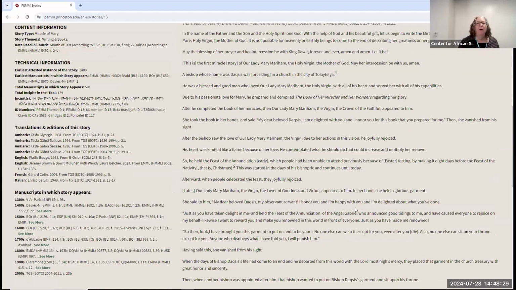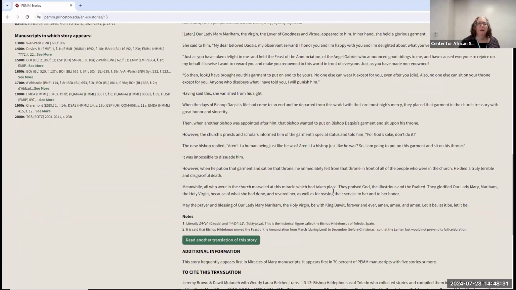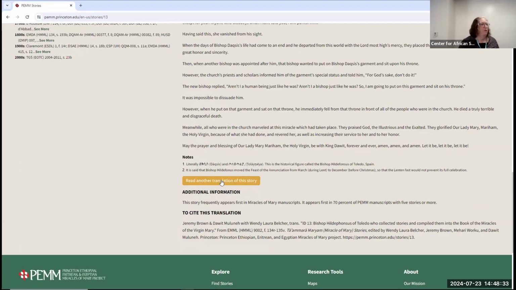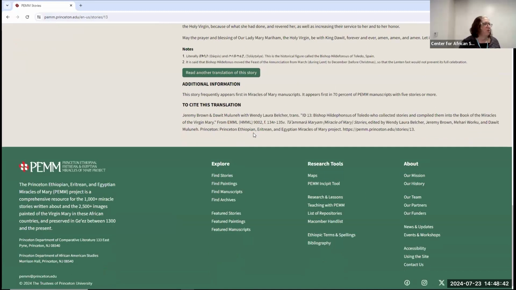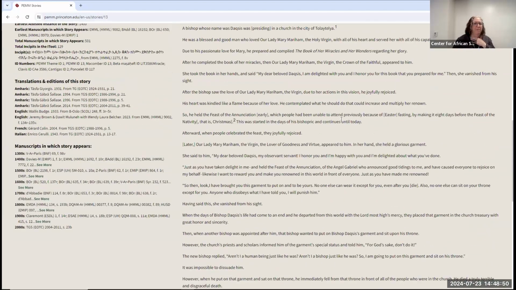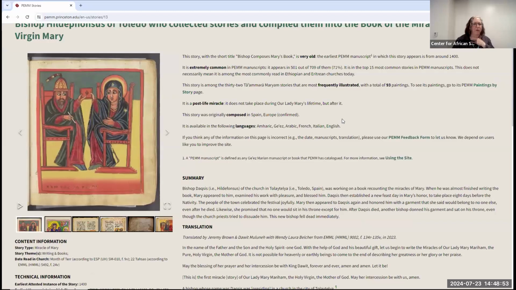You can probably ignore it, but feel free to explore it. And then we also have something where if you want to read a second translation. The first translation is generally the best, but we do have other translations, so we're going to provide it. And then we give you the citation for those of you who are doing historical sources and you want your students to cite your primary sources. We give them something they can just copy and paste into there. So this is one way to approach it.